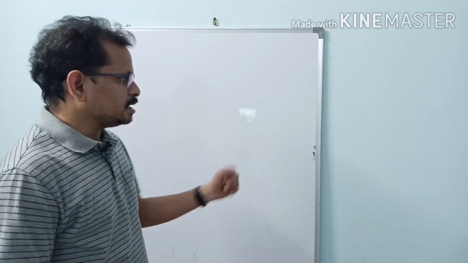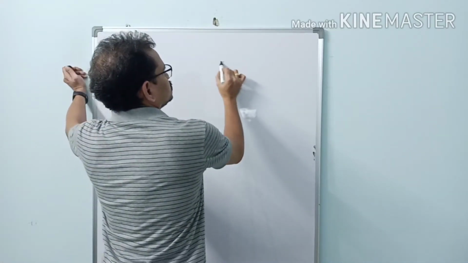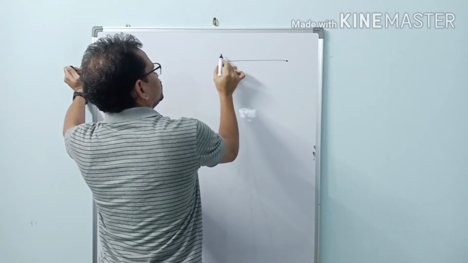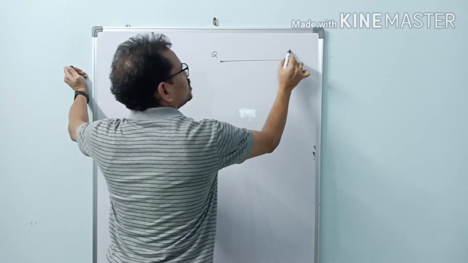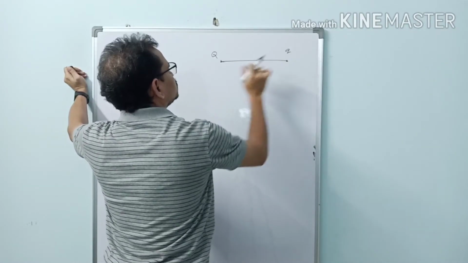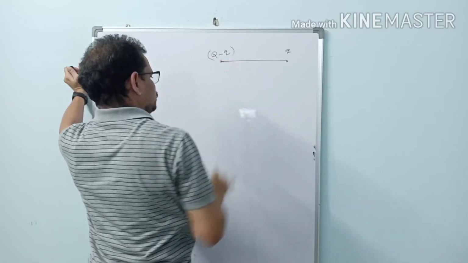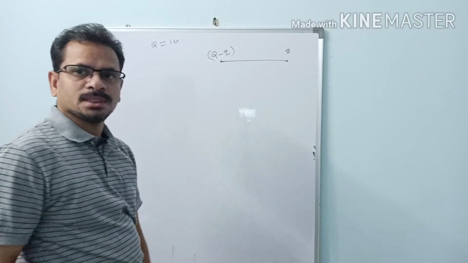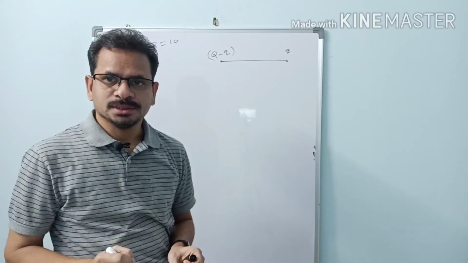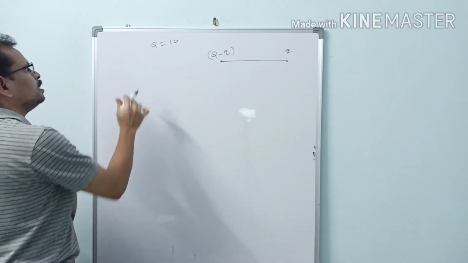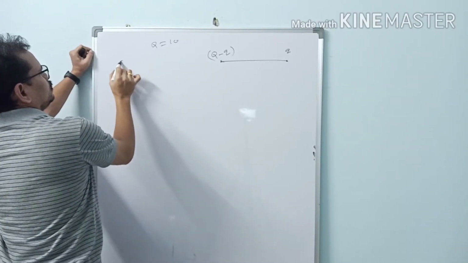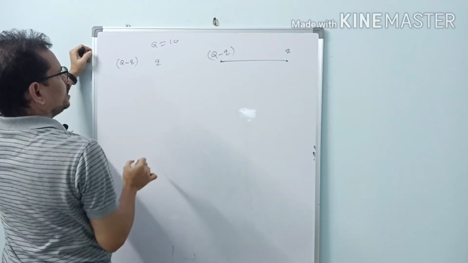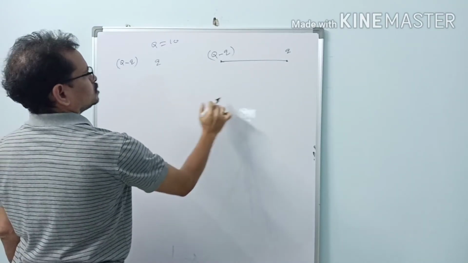So for them there is one more technique here. If a charge capital Q is given here, so here we are giving Q charge, so here it will be q and Q minus q. Suppose Q equal to 10 units. So if 10 units of charge is given to us, in this case how to distribute?